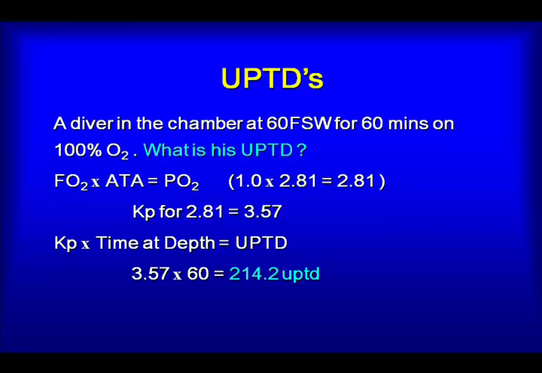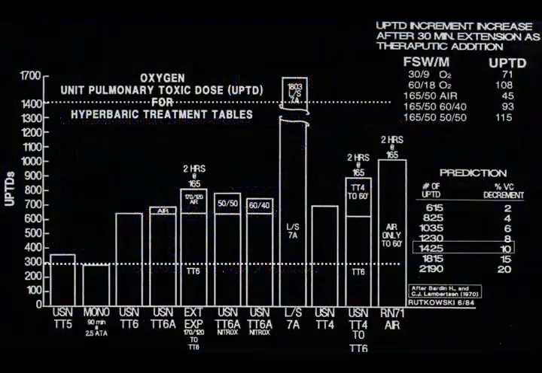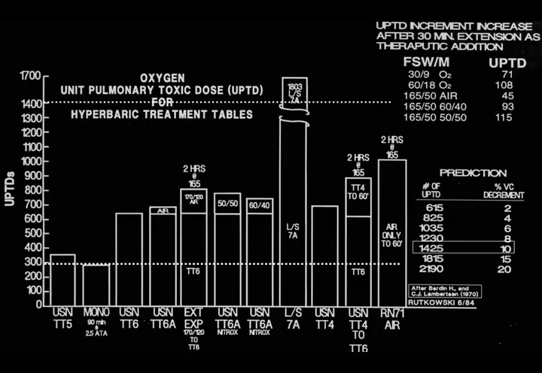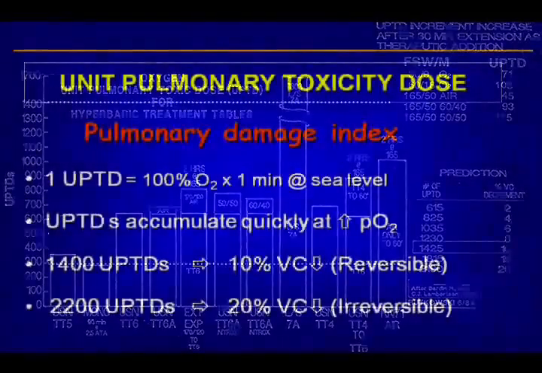And looking that factor up on a table, you can basically calculate what the equivalent exposure is when someone breathes oxygen under pressure. Now, the maximum exposure that is acceptable is 1,440 units, and that translates to a full 1